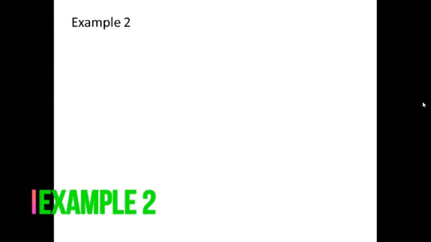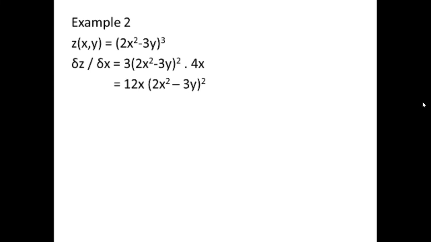Example 2. The question is z open bracket x, y close bracket equal to open bracket 2x squared minus 3y close bracket cubed. Firstly, we must find delta z over delta x and delta z over delta y. To find both, we must use the extended rule step to get the calculation of this differentiation, which is